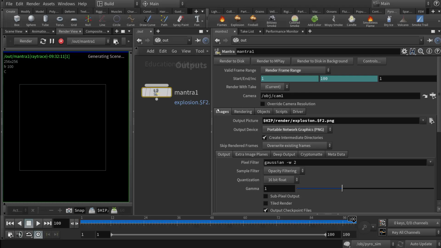And really the only other thing you'll have to do in here is make sure you set up your render path properly. So right now it's looking to where my Houdini file is. It's going to go into a subfolder that I put in there called render. And then it's going to give it a name, which I called explosion. Now here's the important part. You have to put a dot,